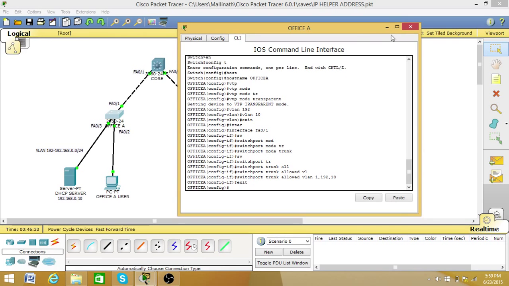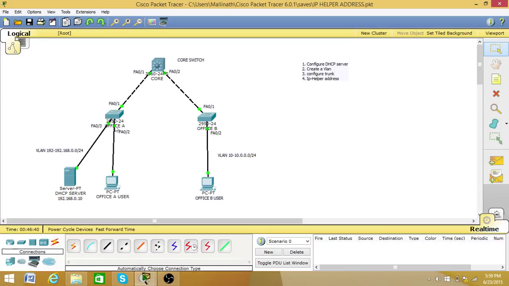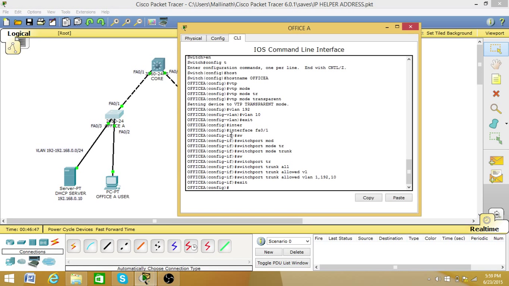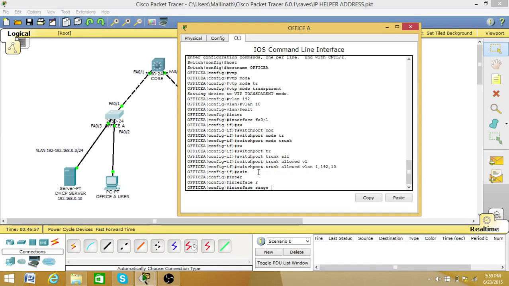Then go to this port, because we need to configure these two as an access port, because these are in 192 VLANs. That's why we want to configure as an access port. I'm using both in the range level. Interface range FA0/2 to 3,